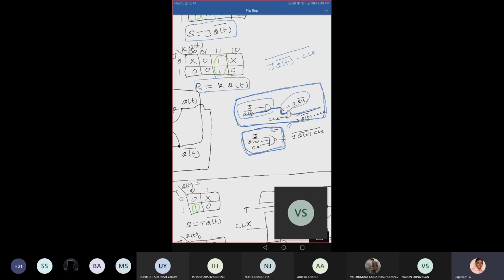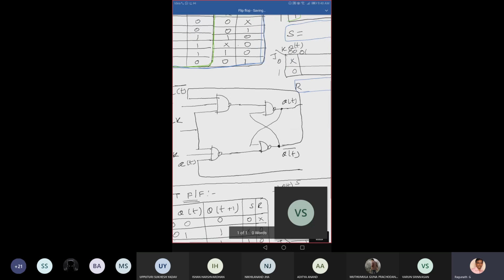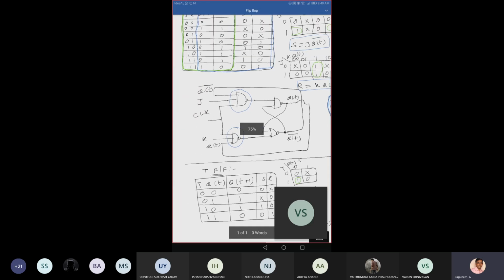So I'm not preferring this kind of approach. I'll prefer the second approach. Instead of using one AND gate and one 2-input NAND gate, I can use one 3-input NAND gate directly. So this is the circuit of that. What did I use here? Is it a 2-input NAND gate or a 3-input NAND gate? A 3-input NAND gate. Okay. So I got everything from the SR flip flop only.